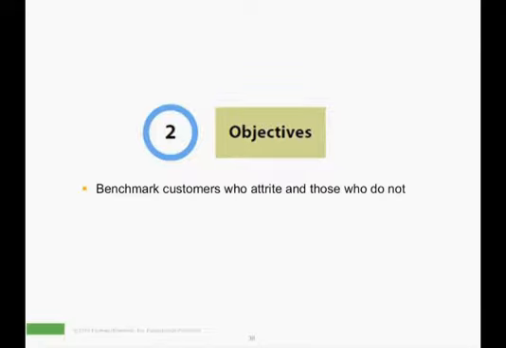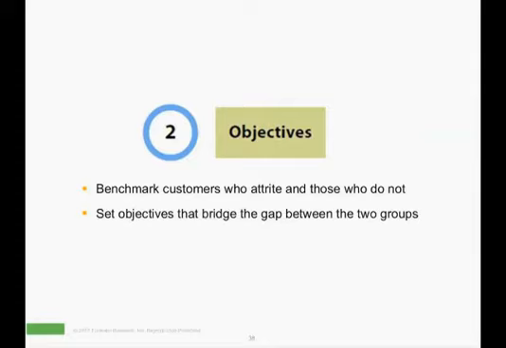So we begin to benchmark customers who attrite versus those who do not. Well, why do we do that? Because that is our objective. The gap between those two groups, the gap between those who are our good customers, a year or so with us, and those who attrite, in terms of how long they stay, why they leave, the products that they own with us, and their profitability becomes part of their ROI case.